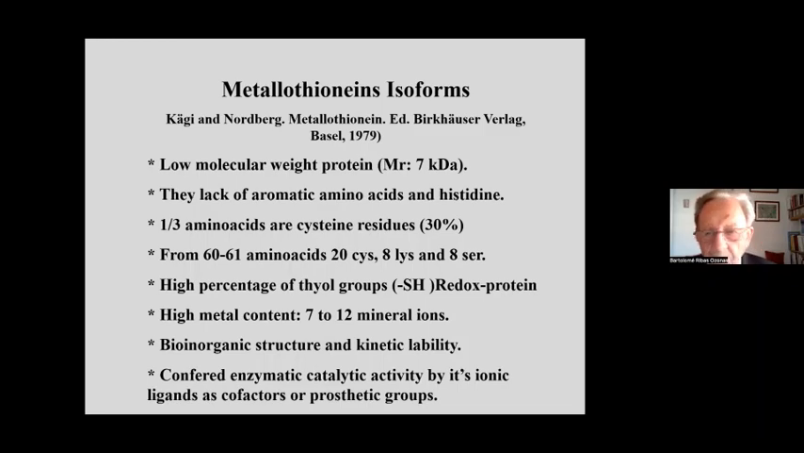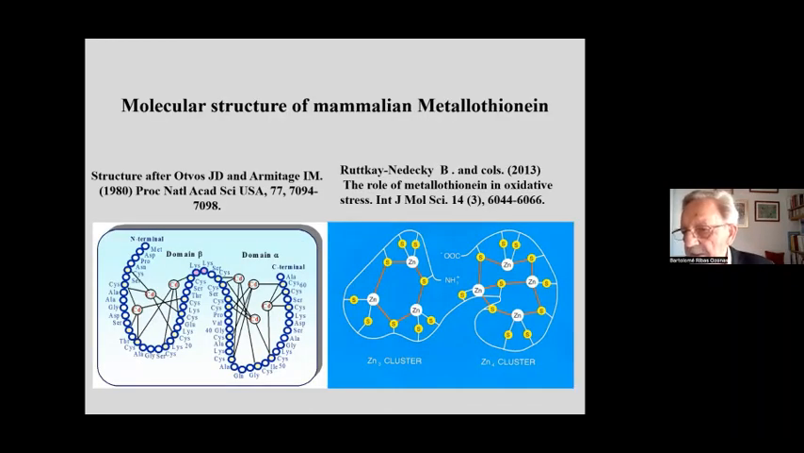In the next figure, we see the representation of the molecular structure of mammalian metallothionein in its primary sequence, represented with zinc after Otvos and Armitage on the left, published in Proceedings of the National Academy of Sciences in 1980, and on the right with cadmium ions by Radtke-Nedecki and co-workers in the International Journal of Molecular Sciences in 2013, with 20 cysteines as crucial amino acids with SH groups, very reducing and